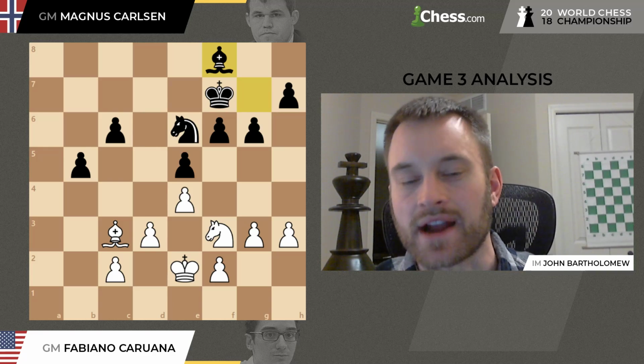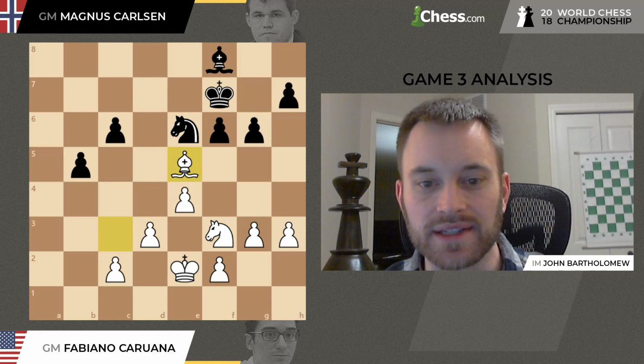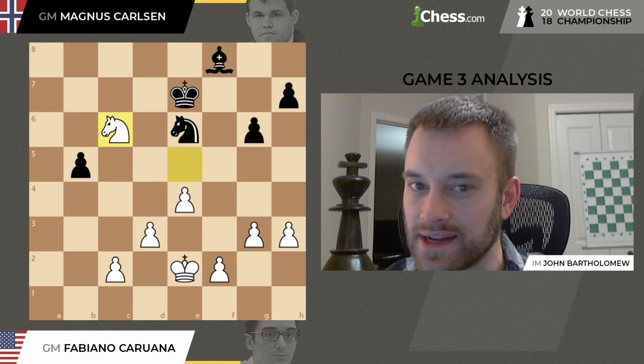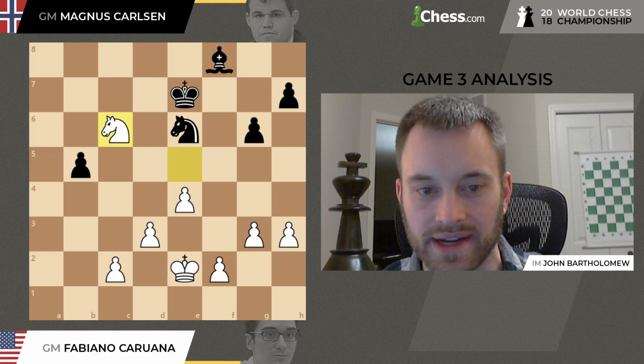White has the option of sacrificing a piece for 3 pawns here, which is very interesting. Playing bishop takes e5, f takes e5, knight takes e5 check, king e7, and then go pick up this pawn. But I think Fabiano was wise not to go for this. This doesn't really seem in the spirit of the way that these guys have been playing so far, too. But